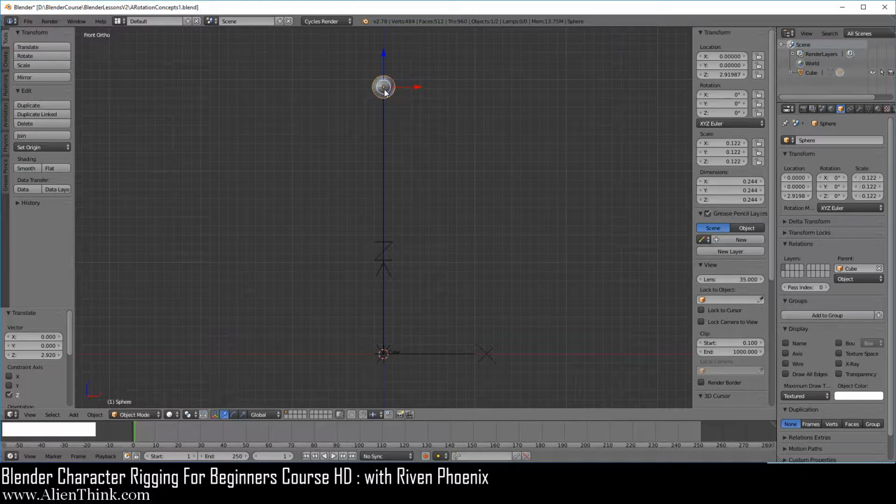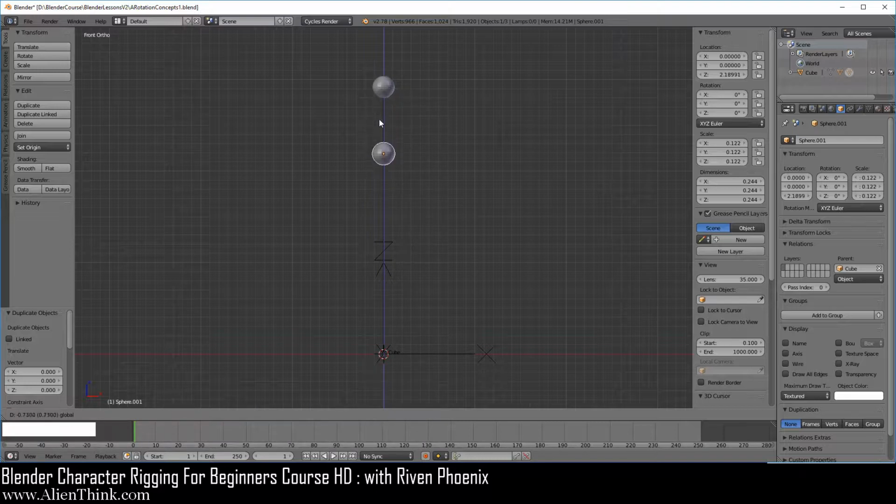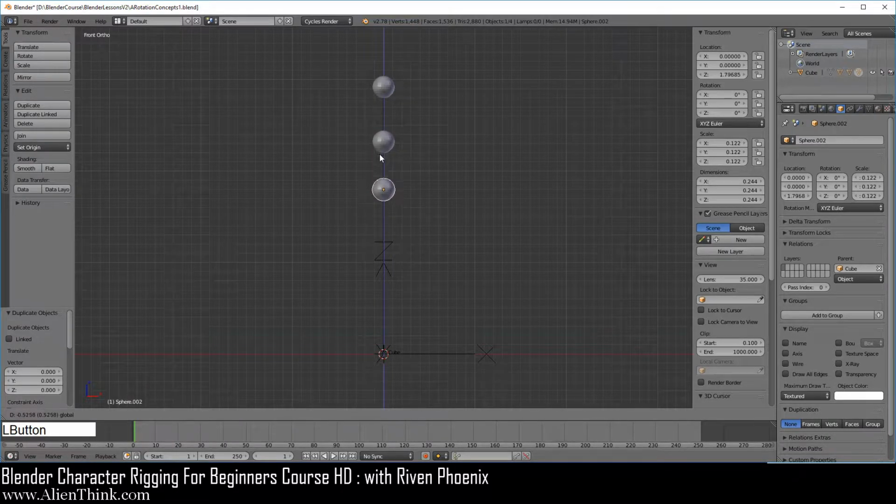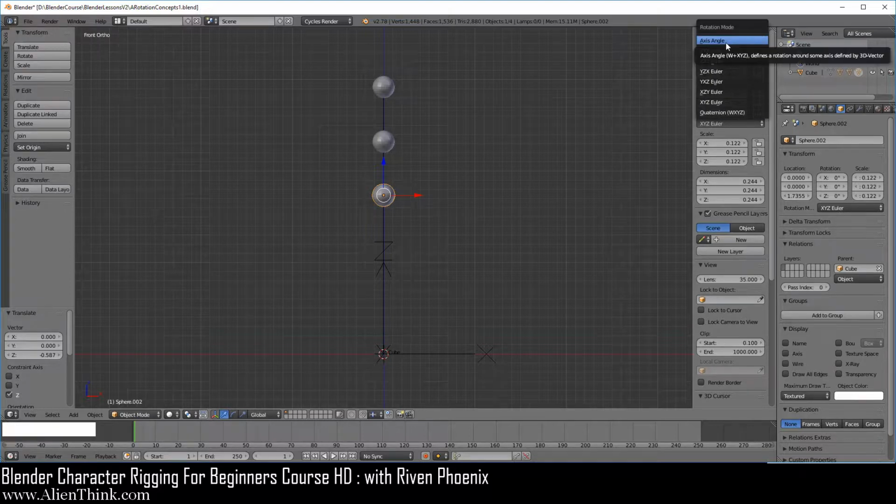This sphere on top is going to represent how the motion path will be for the XYZ Euler. Do Shift D to duplicate, right click to cancel. Now go ahead and click on the blue arrow and bring this down, kind of like over here. This will represent when we switch this to quaternion. We're not going to do this on the sphere. We're going to do this on the object itself, the axis. Do Shift D to duplicate, right click to cancel, and now bring this down. This will represent the motion path when we use axis angle.